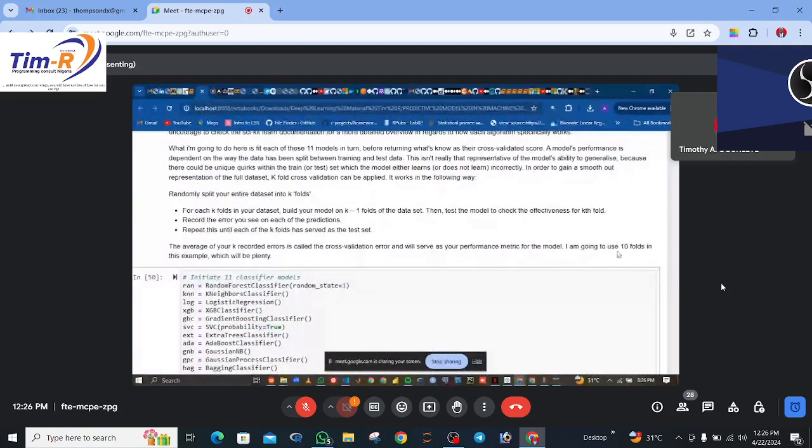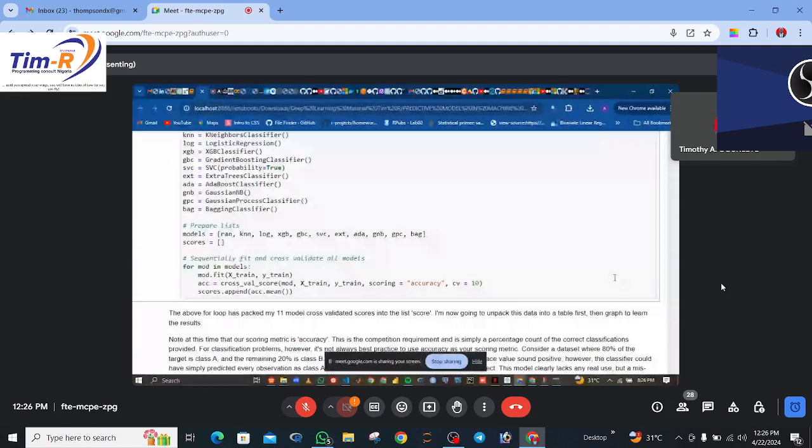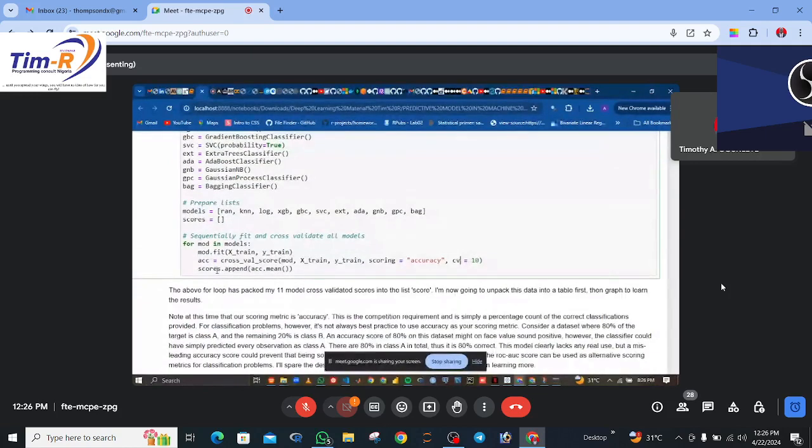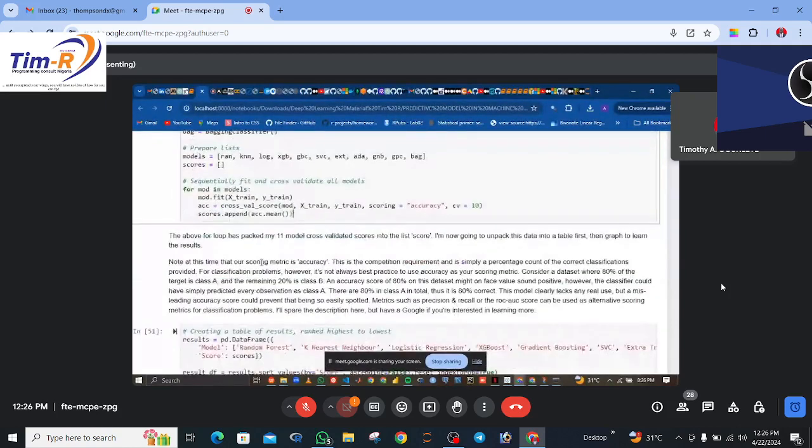That's the K fold we want to use, so say we are using 10. Then scores dot append the accuracy, where the mean is what we want, the mean of the accuracy. The above for loop has packed my model cross validated scores into the list score. Now I am going to unpack this data into a table first, then graph to learn